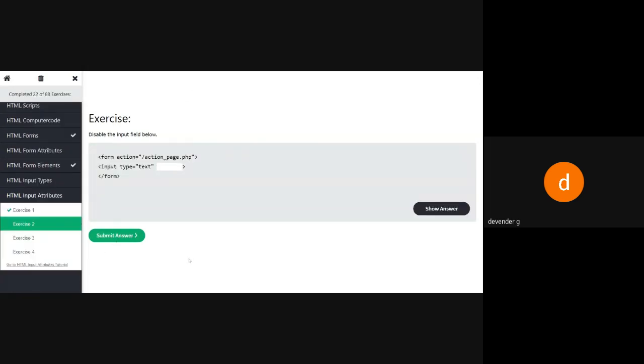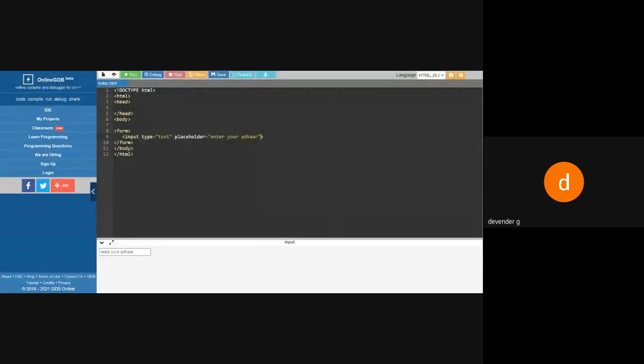Now let's see how to disable the input box. That means data should be there, but it should be disabled. So simply you can say disable. How it is going to work, we will see. So here I'll be saying disabled, and if I run this, this information will be there, but I cannot put my cursor and I cannot type onto this.